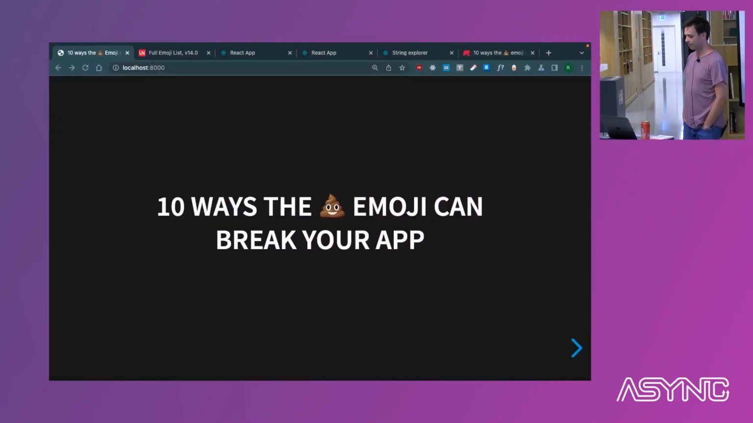So we're going to be talking about emojis, 10 ways the poo emoji can break your app. But just a couple of things. First of all, emoji support is important. Users kind of expect to be able to use emojis nowadays, but also really what I'm talking about here is,